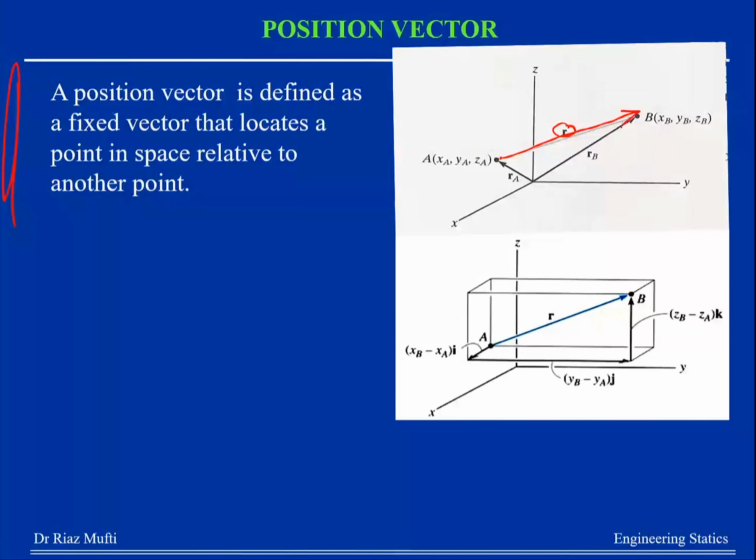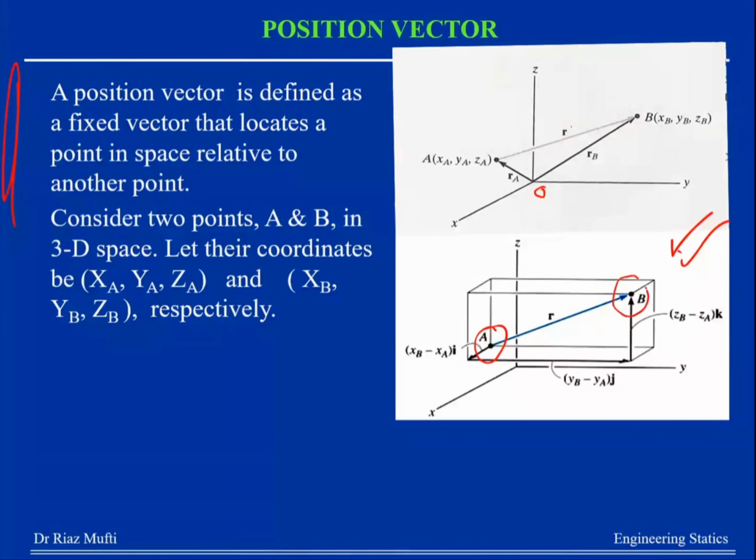A and B, I've got my A here and B here. I've got 2 points. Let the coordinates of A be x, y, z as shown here, and the coordinates of B is given here. And these coordinates are with respect